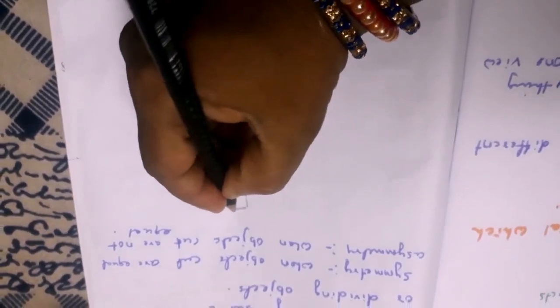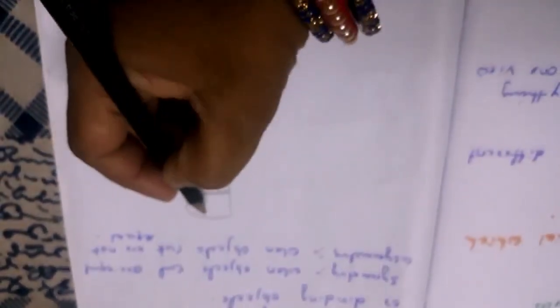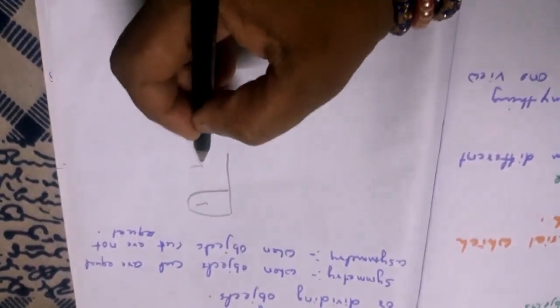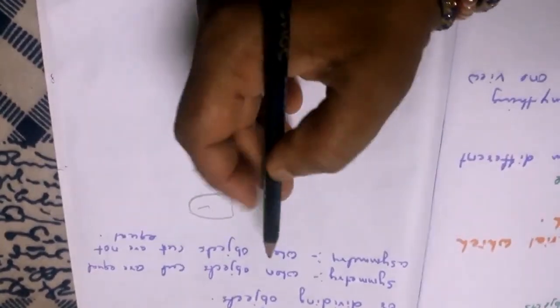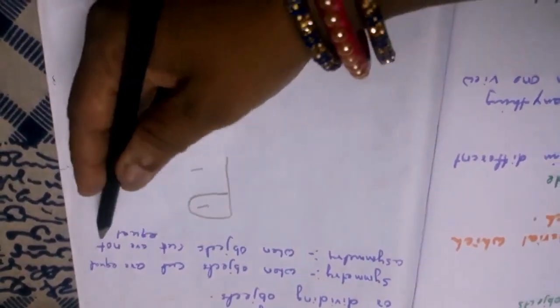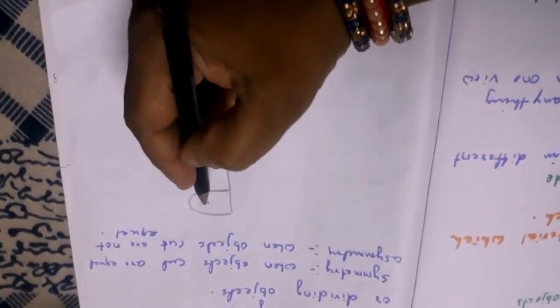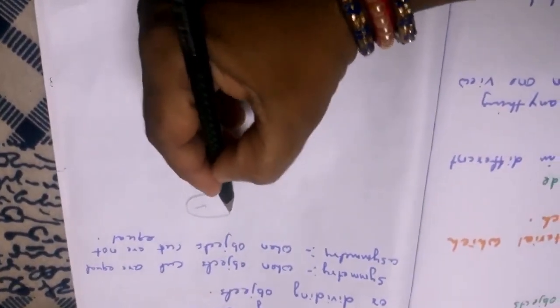Okay, children, P. Now, if I make it fold, then this part is not equal to this part, isn't it? So, this is your asymmetric. That means when the object cut parts are not equal, that is called asymmetric. Example of P. If I make it fold